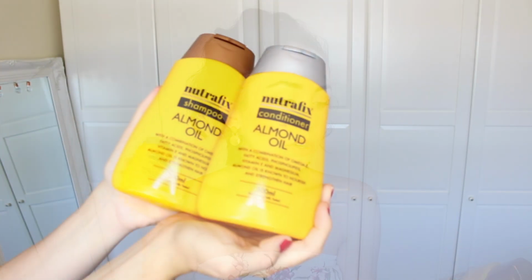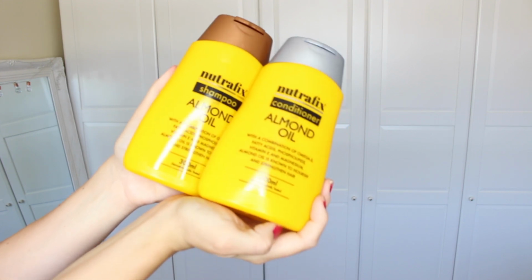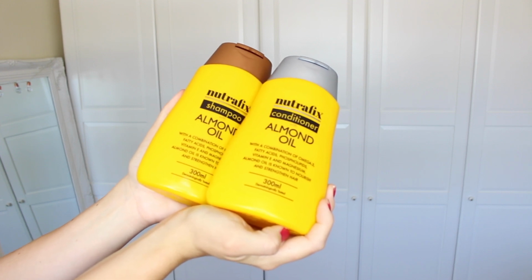Now these are called Nutrafix. I've never heard of them, but I like the sound of them. So they have almond oil in, which notoriously is actually really good for my hair. And they also have fatty acids, loads of things that is meant to nourish and strengthen my hair. In this really hot weather, I will relish that because my hair is very thick and curly,